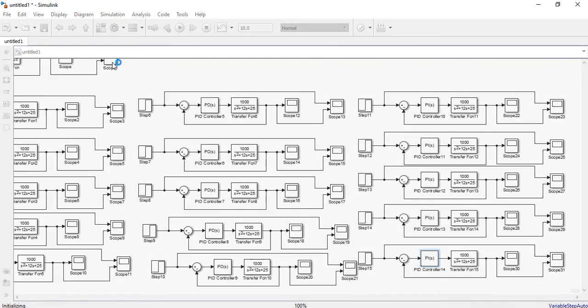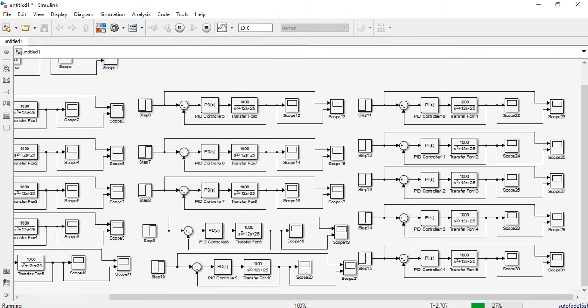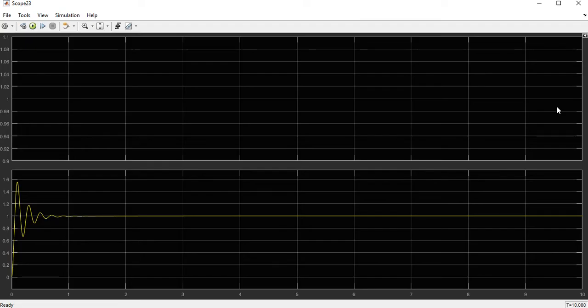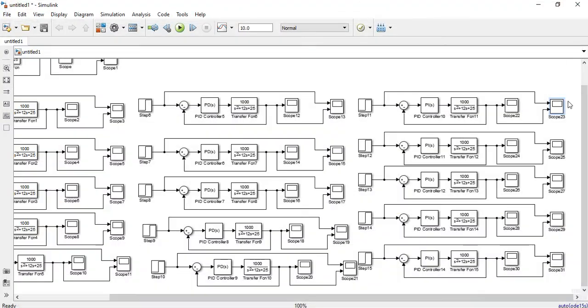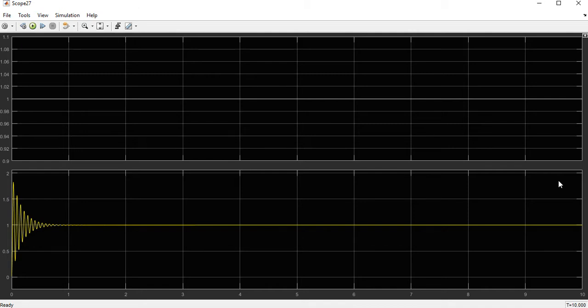The previous one, without any controller, you will get the output in this manner. Let it complete, it will show me how it is getting completed. If I click out over here, it is our original waveform. Over here you will get the same waveform because we have used the default values. Over here you can see oscillations are being increased. The steady state is reached but the oscillations are increased. Similarly over here, oscillation increases but steady state is reached, and we will have higher